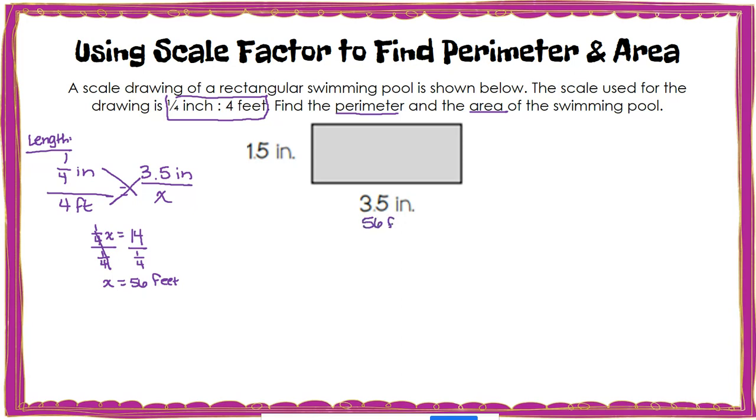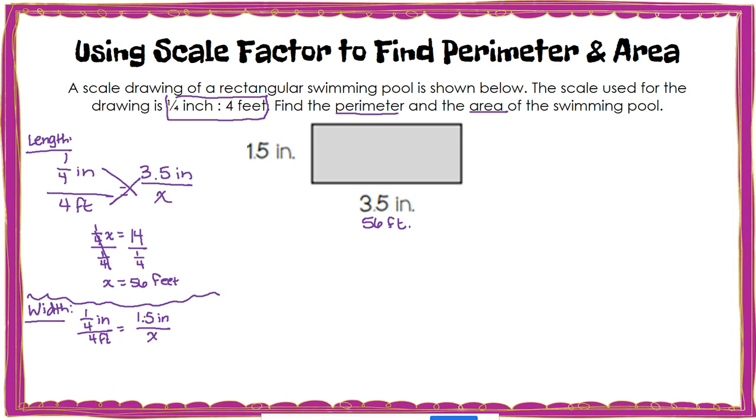So in real life, the length of the pool is 56 feet. Now we're going to do the same thing to find the width. I'm using the same scale factor, which is 1/4 of an inch to 4 feet. This time I know that the width is 1.5 inches, and I still don't know the actual length in feet,